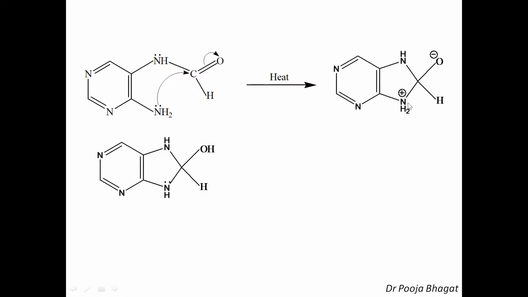Oxygen has a negative charge, nitrogen is neutral and has given its electron, so it will attain a positive charge. Nitrogen becomes neutral by losing the proton and O negative will take the proton, so it is OH and this is NH. Now the lone pair of electrons will move towards this and the OH goes out as OH negative. Nitrogen is neutral, giving its electrons, so it will attain a positive charge, so it will lose this proton. So one proton from here and OH negative from here, so there is a loss of a water molecule and a double bond comes here. So this is nothing but the purine.